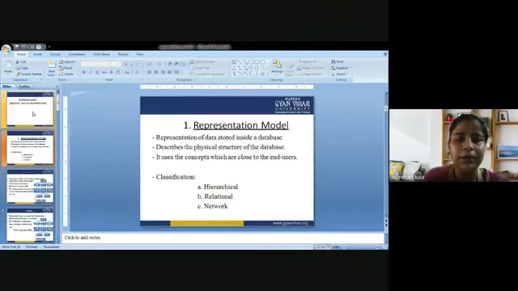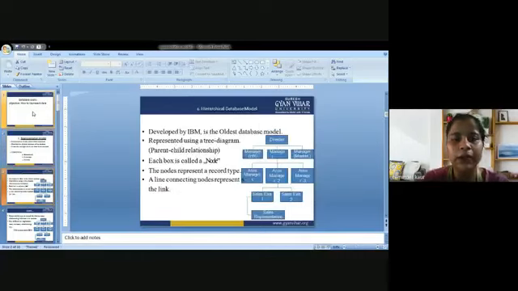We have discussed representational models, in which we covered the hierarchical model, relational model, and network model. The hierarchical model can be represented in a tree-like structure, like a child and parent relationship. This is the pictorial representation in which we follow a hierarchy for the model. It could be a director, then subordinates, managers, then area managers, then sales executives, and in the last, sales representatives. In that manner, we represent the hierarchical database model.